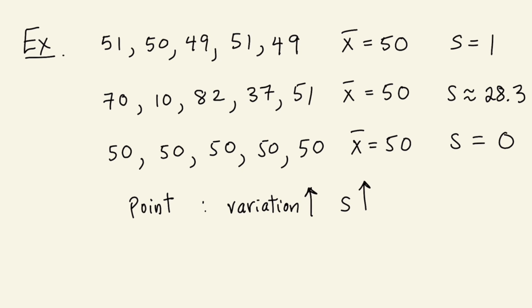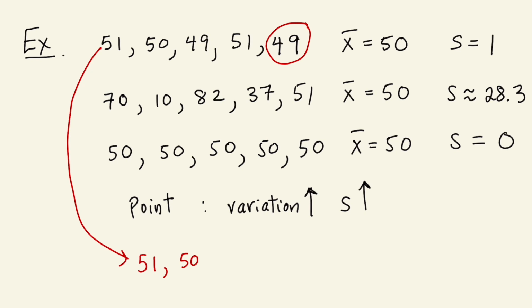Another thing I want to point out is, let's suppose I was to take this data set and just change one number. So I change my set so it's 51, 50, 49, 51, and then all of a sudden I throw in a million. How do you think that's going to change the standard deviation? So clearly the mean is no longer 50. But the standard deviation changes drastically in this case. It's about